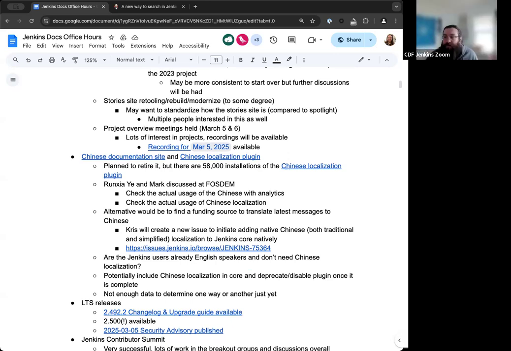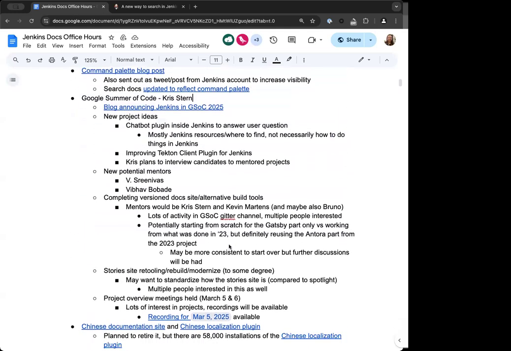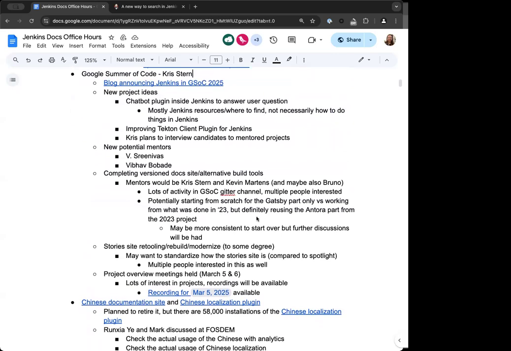Yesterday in the meeting, I guess for the complete retooling of Jenkins.io, you mentioned there was a starting from scratch or to begin with the work that was done in 2023 by the contributor. So in February, I was researching more on the part that was done in the docs.jenkins.io repo.